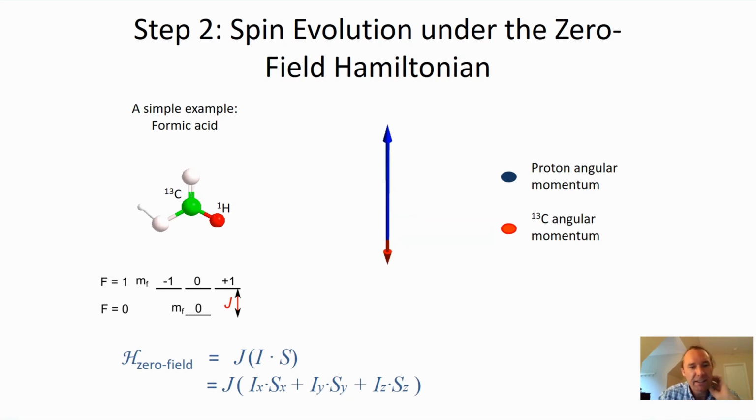And that's what we detect, the magnetic field, obviously, with a zero field NMR spectrometer. And the oscillation frequency here is going to be dictated by the J coupling, because that's the only thing there is. So in the formic acid example, which is one of the most simple examples, you have a proton and a carbon, and they're coupled together with the J coupling, which is mediated through the electrons. And the strength in this particular case of formic acid is on the order of